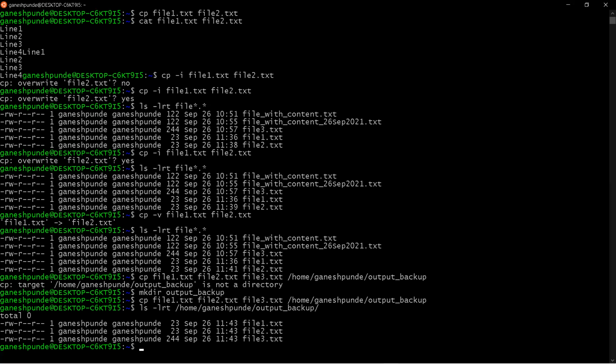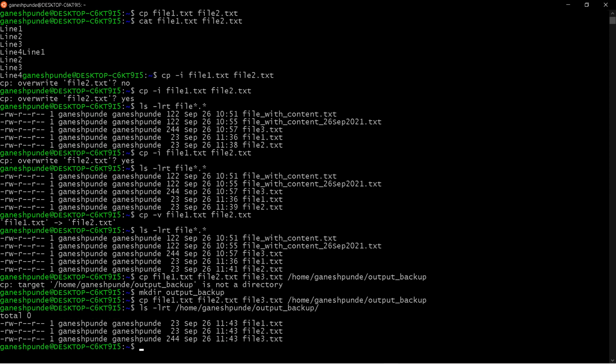So what you need to do is use the -i option, and that -i option will allow you to copy the content of the file or overwrite, but before that it will ask for permission or confirmation from you.